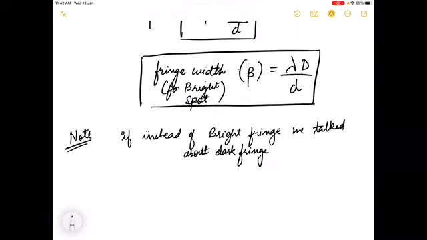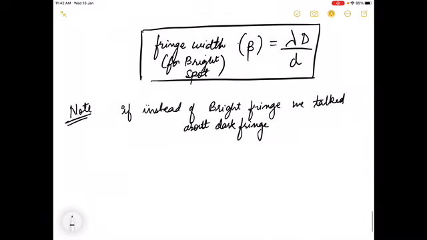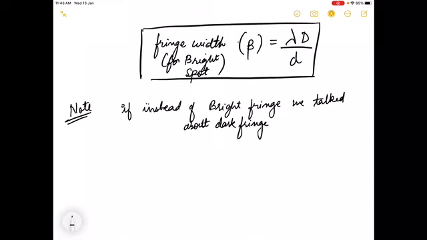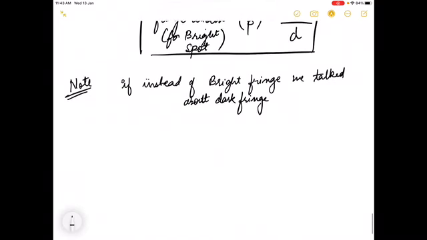Instead of bright fringe, if you would have talked about the dark fringe, तब मैं क्या बोलता, right? What would I have done? I would have said, right? Or I would have done, yes or no? So for that thing you have to understand, if